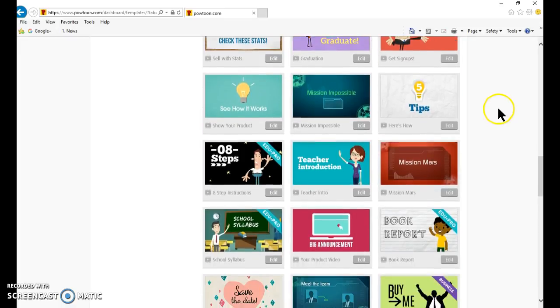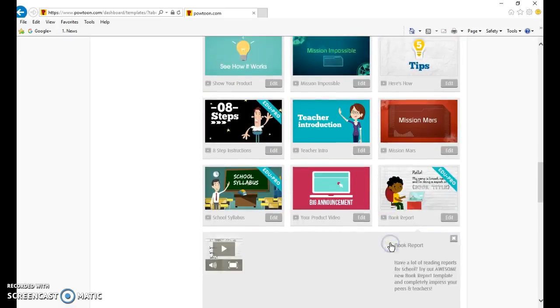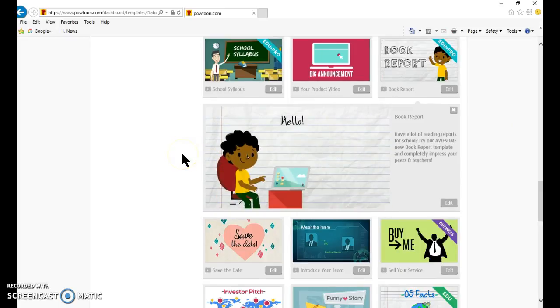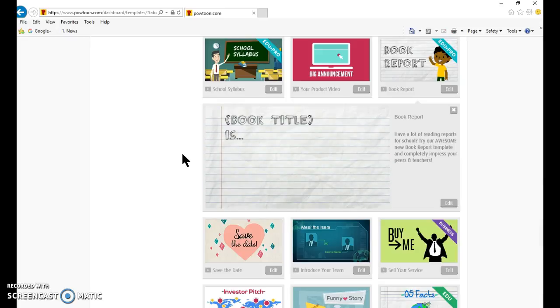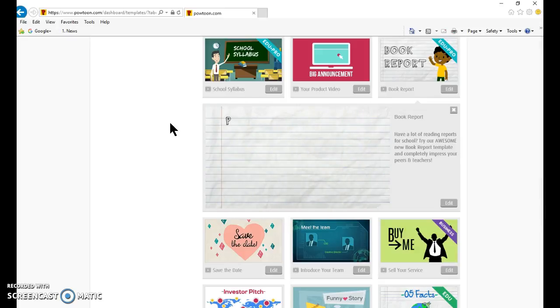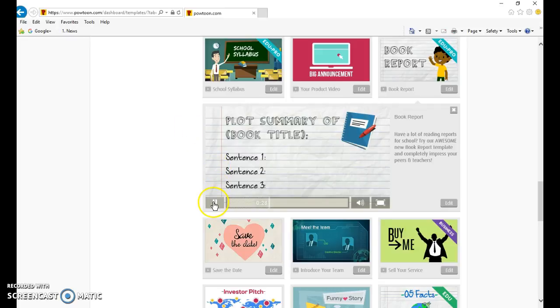Some of the upgrades are pretty cute though, like they have this book report that you can use, which is pretty fun. It's a neat way to use your presentation. It's a little different, right? Maybe rather than writing an essay, it's just a cute way to document what you know. You can see the book title here is in brackets. The things that are in brackets are the things that you will put your information into. So it's an easy way to use